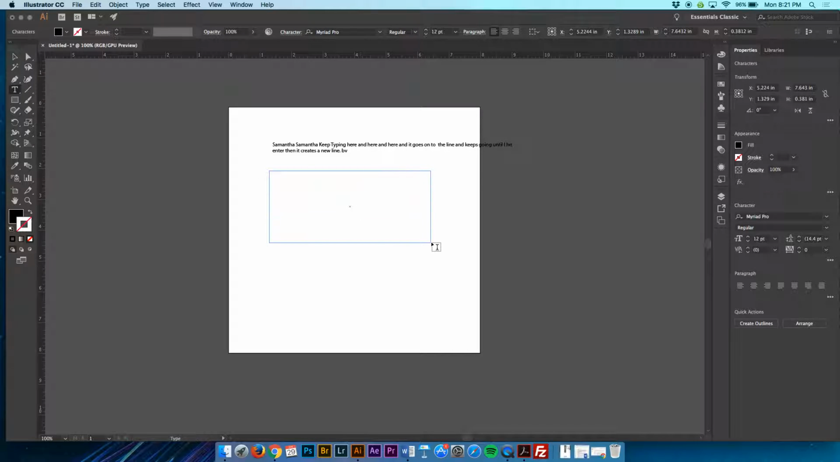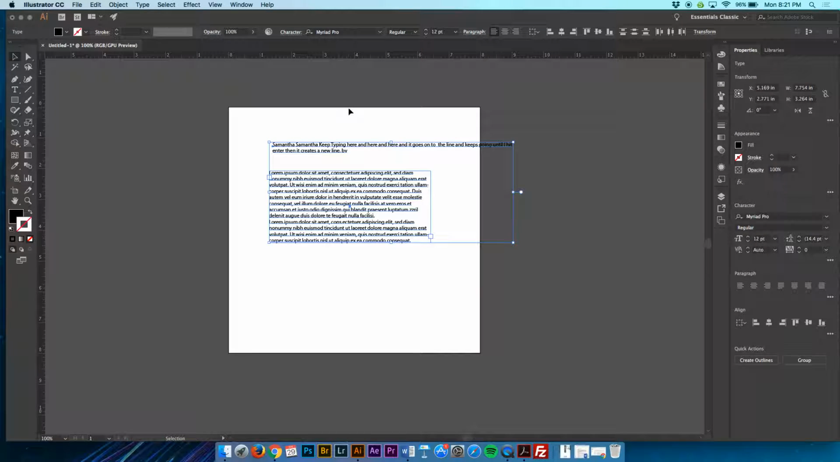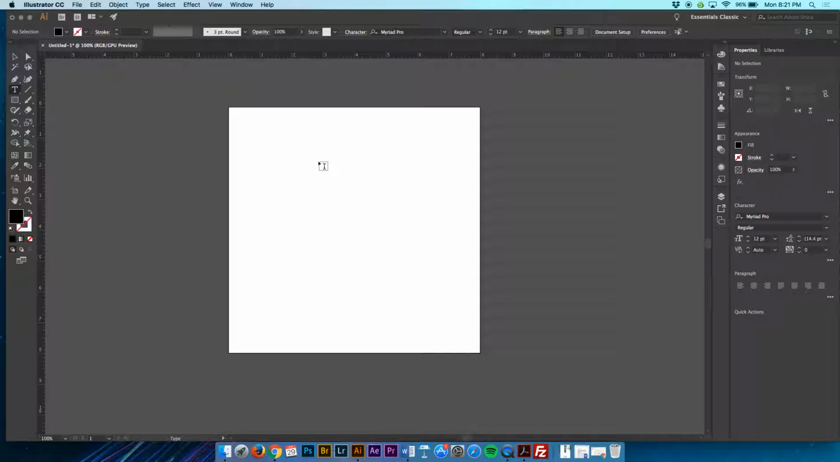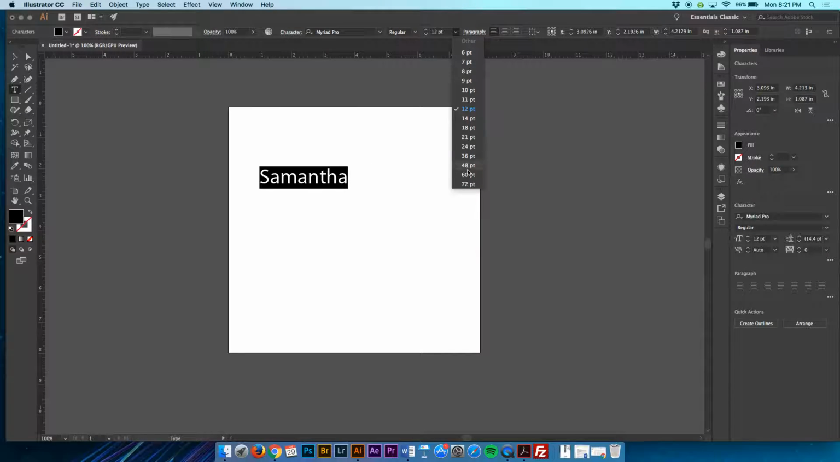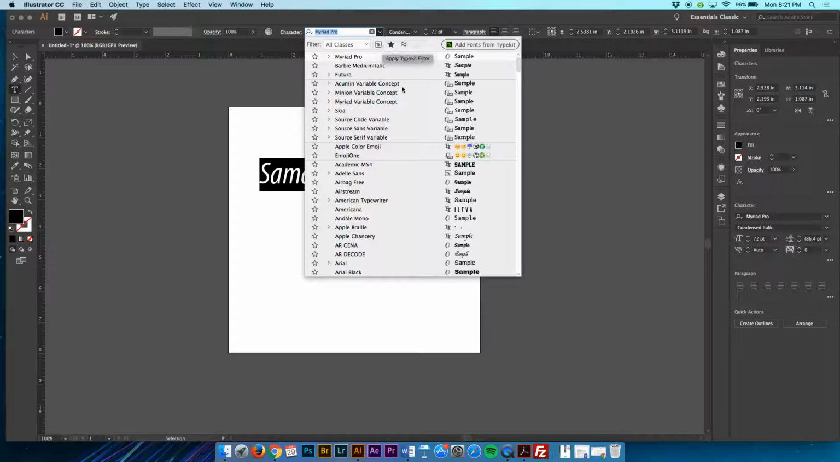Area type is where you click and you drag an area, and as you can see, the text fills up. It defines a border for your type. Just starting off, this won't be a big deal, but something to keep in mind, and you can always switch back and forth between point and area. So I'm just going to type my name and double click to highlight it, and I can increase the size. I can type a font weight, or